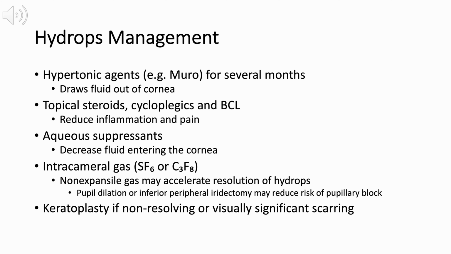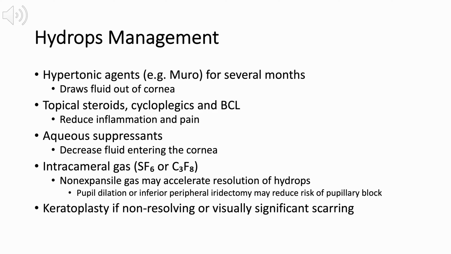Let's wrap up the section on keratoconus by talking about the management of acute corneal hydrops. The first line of treatment is hypertonic agents such as Muro 128. These are used for several months and help draw fluid out of the cornea, thereby reducing the edema. We can also use topical steroids, cycloplegics, and bandage contact lenses. Steroids help reduce the associated inflammation, cycloplegics relieve ciliary spasm and pain, and a bandage lens provides comfort during the